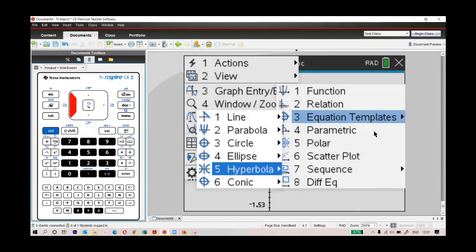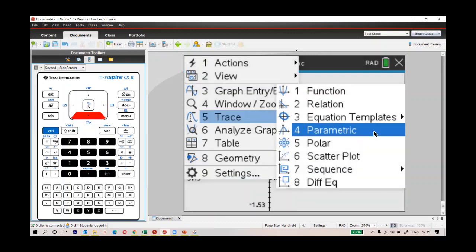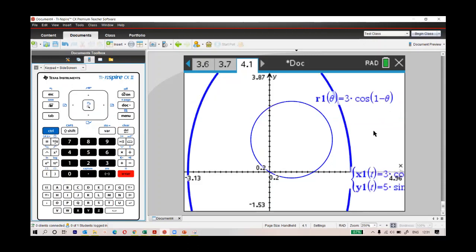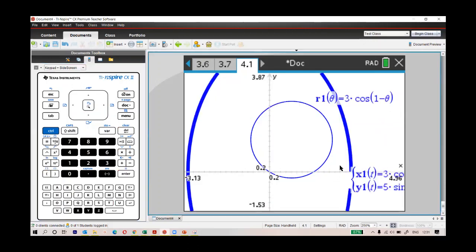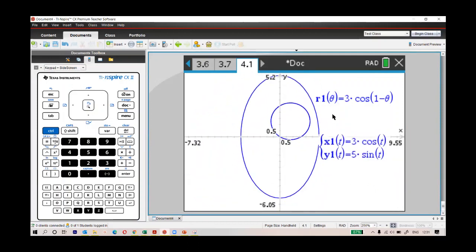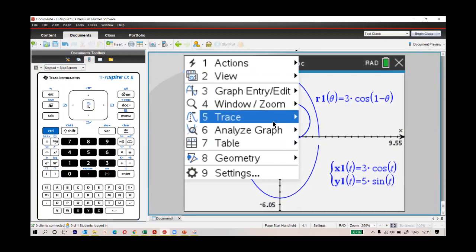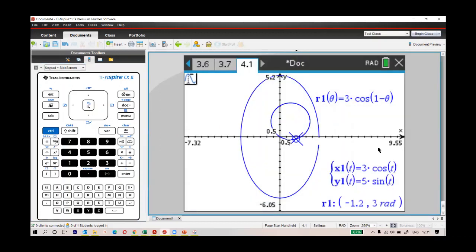Okay, similarly, like parametric also we have, so we can say like 3 times cos t, and if I want to make ellipse, 5, yeah, so I can do that also. So you can see ellipse. Okay, so this is a parametric. Here also you can analyze. Okay, you can analyze at any